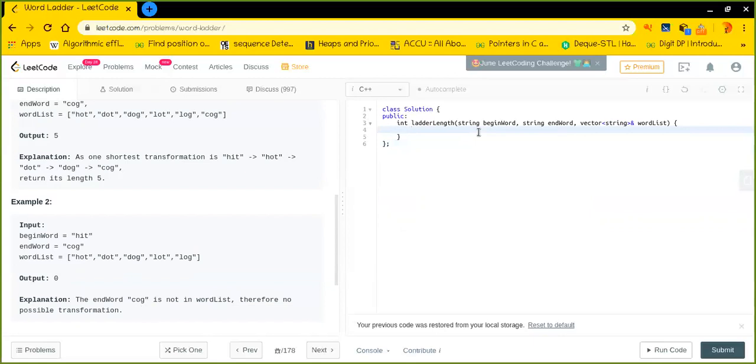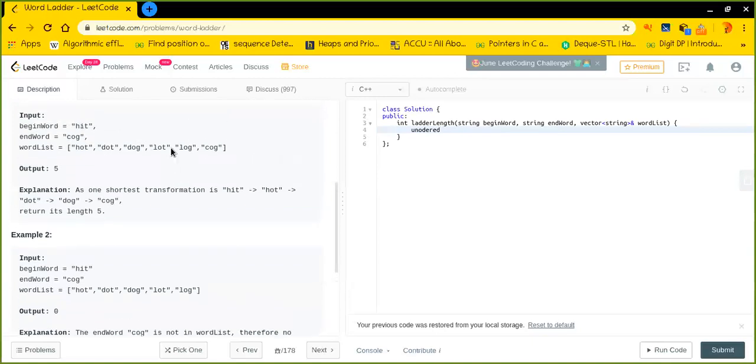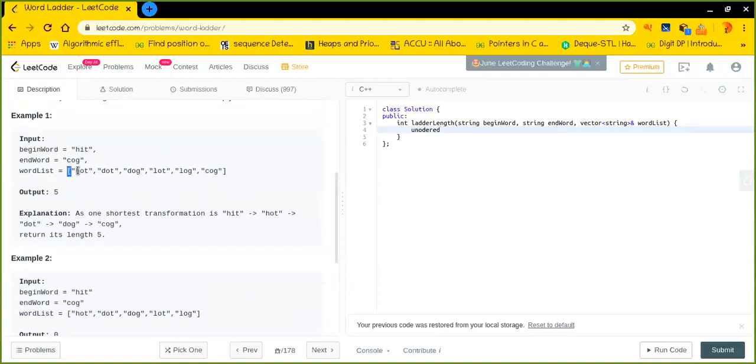So let me quickly write down the code, and you will understand the idea. Basically, I will be taking an unordered set, just to ensure that whatever the word list contains is unique.